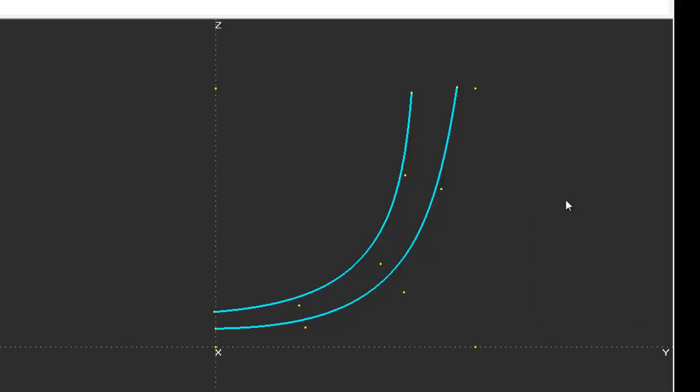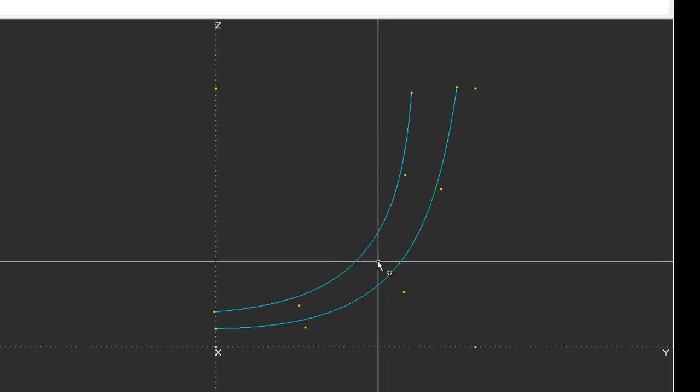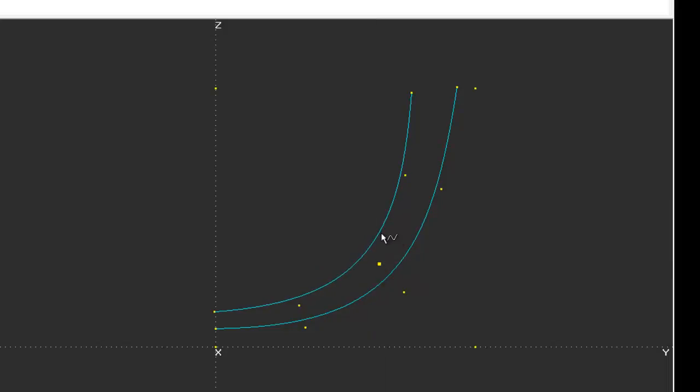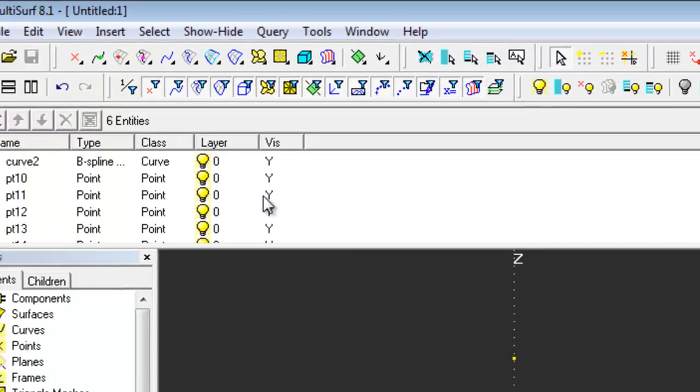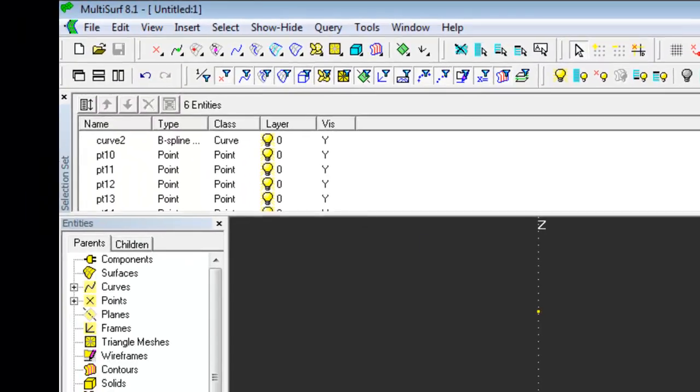What we've established is a relationship. We have parents, which are these points, and the child is the curve. We can select the curve. We can use this well-used toolbar button, select parents. We've just added all the points to the selection set. We can remove the curve,